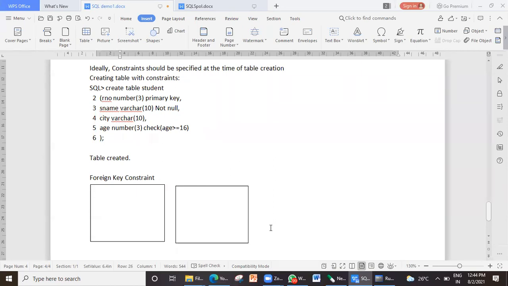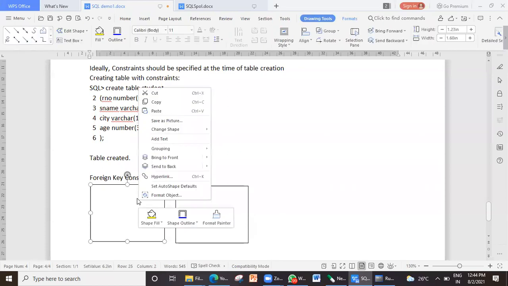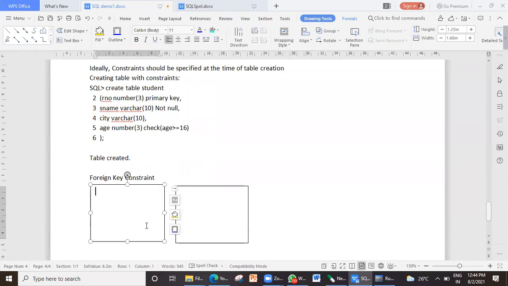Here in the students' personal details, you will have roll number, name, city, and so many details.